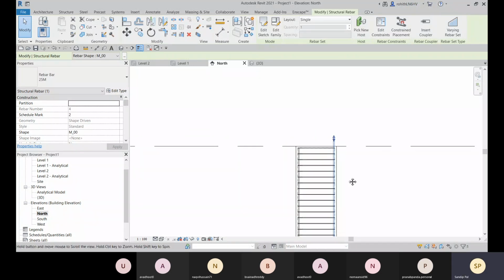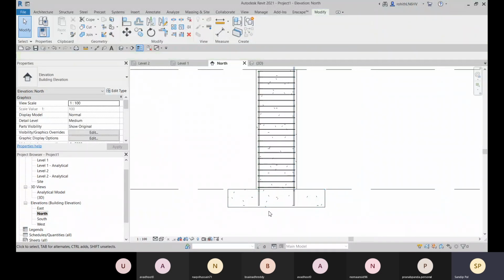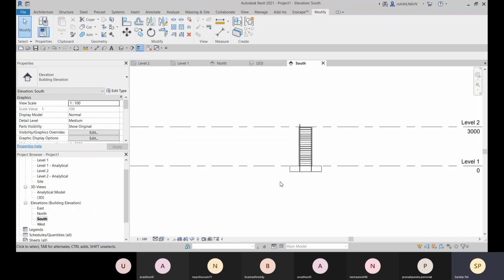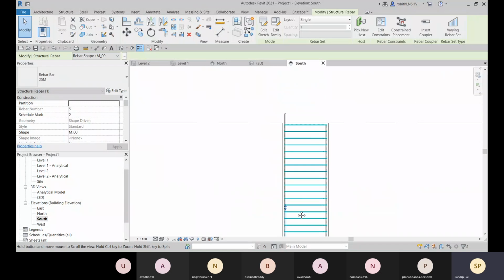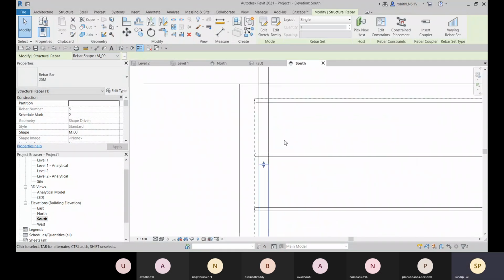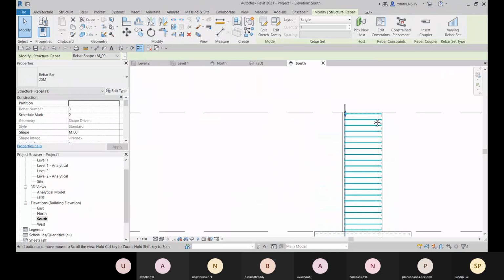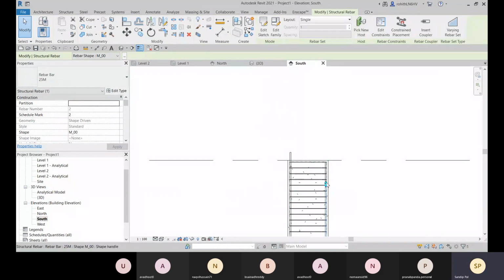All right, and you need to change the elevation, because from this elevation only these two can be visible and selected. You have to select the other two. So go to the south, and on the wireframe, you can see that this one needs to be stretched till there, and select this, stretch it.